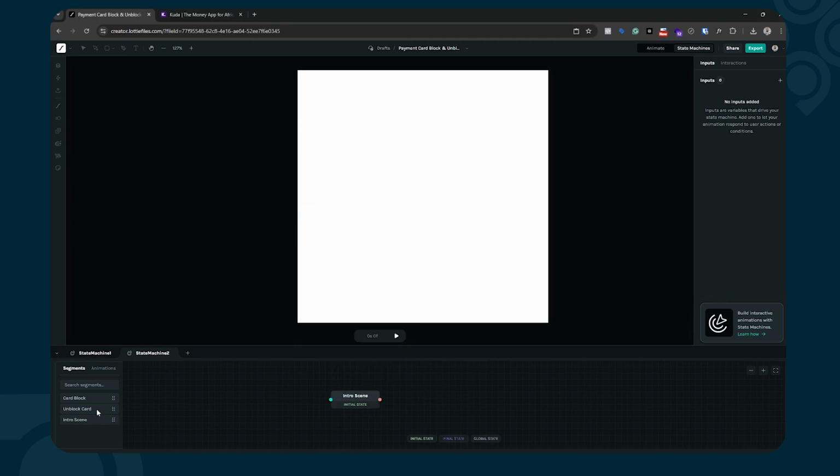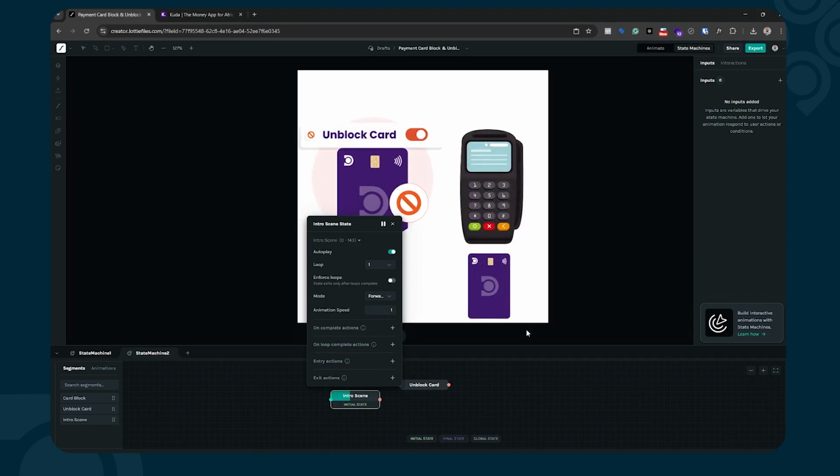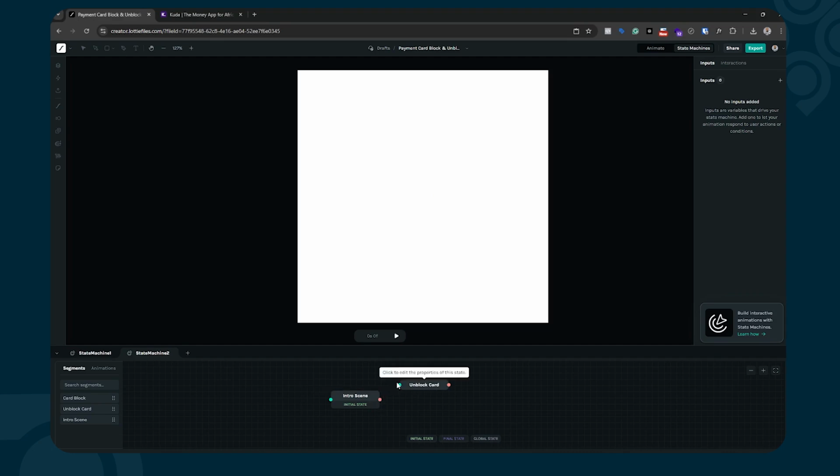So the next thing I want to bring in is my card unblock segment. And for me to move from this intro scene to the card unblock segment, I want the users to be able to click on the toggle button here. So the first thing I need to do is create an input that I'll use to drive the transition between the intro scene and the card unblock segment. So I'm just going to create a single input, which is going to be a boolean. I'm going to call it card unblock